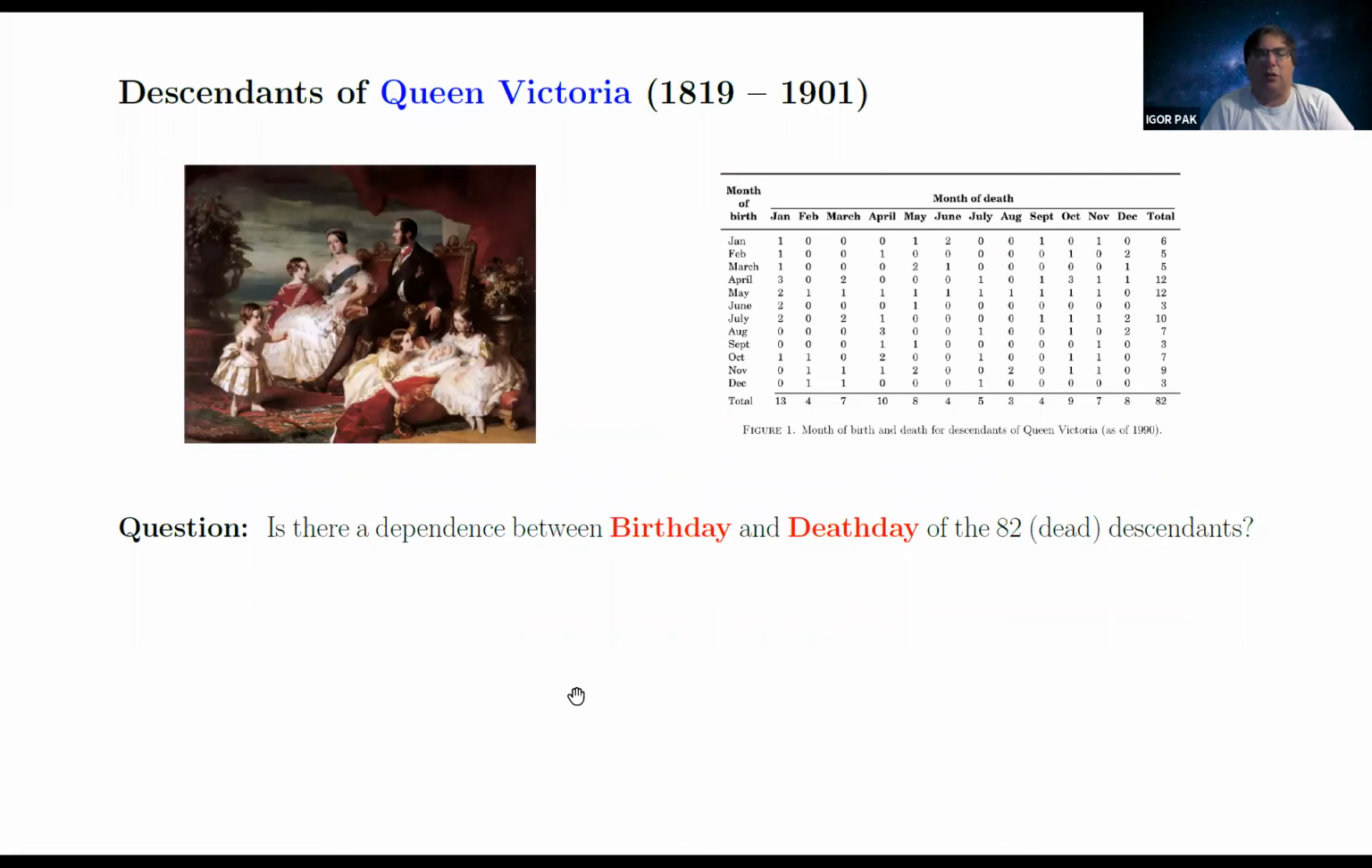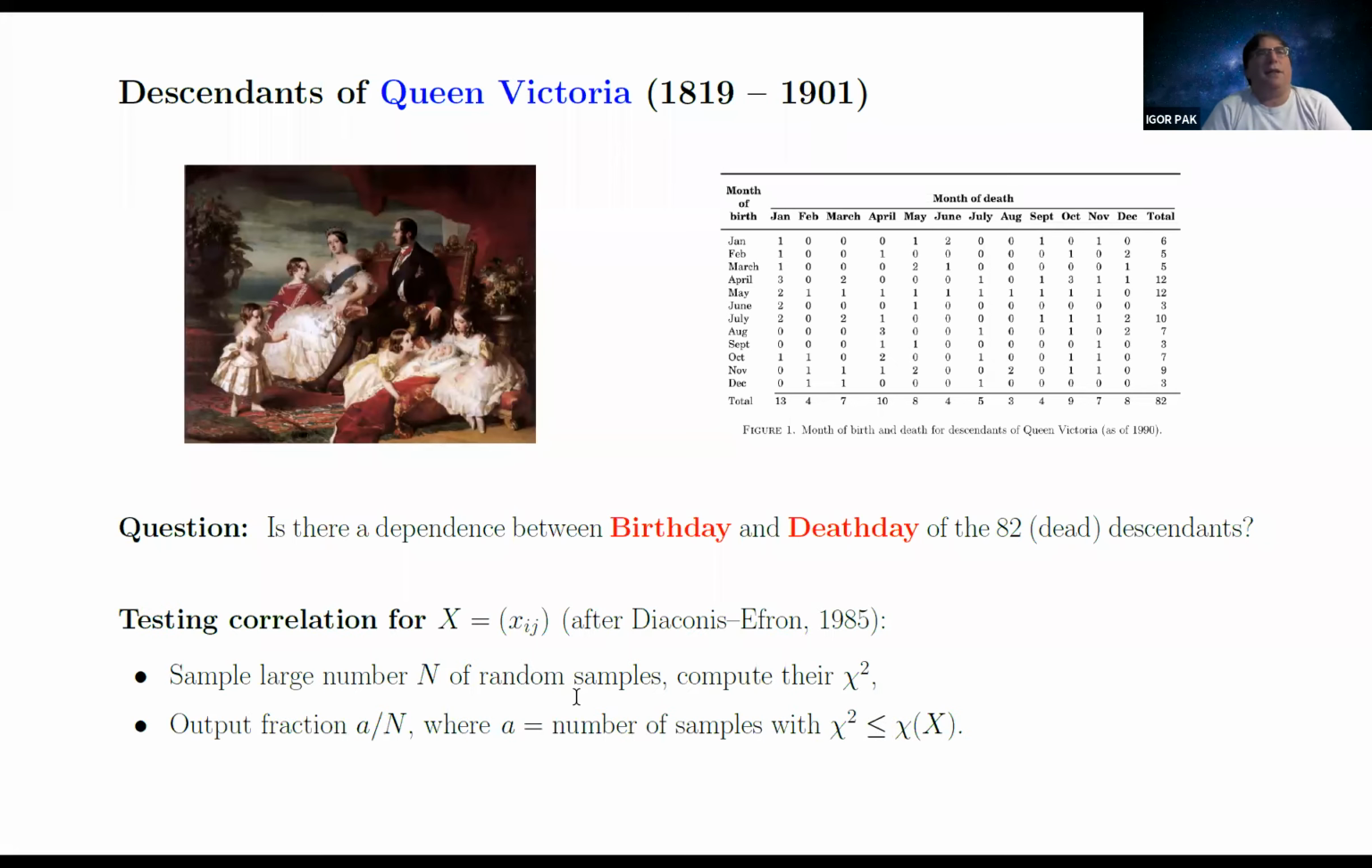So my favorite example about statistics implications is a kind of example that is more entertaining, that's truly practical. So here is Queen Victoria, who has been dead for a while, and apparently lots of her descendants have also been dead for a while. And one can ask the following question: is there a dependence between birthday and death day? And try to test it on these descendants of Queen Victoria, which are all recorded somewhere on Wikipedia and other places. And just like about contingency tables, there are actually books written about descendants of Queen Victoria. So somebody cares. And the way it works is, Diaconis and Efron in '85 came up with the way to test